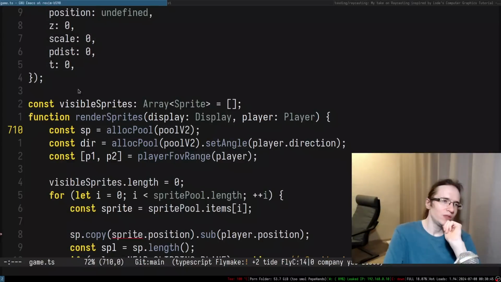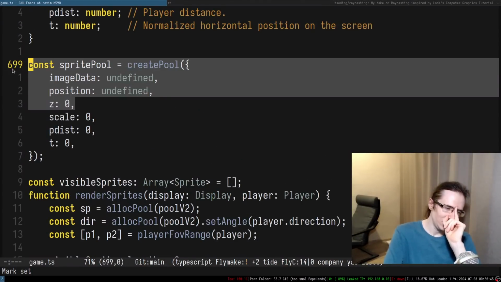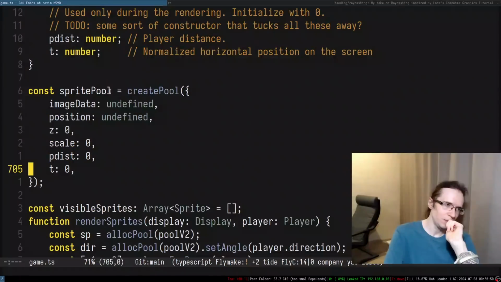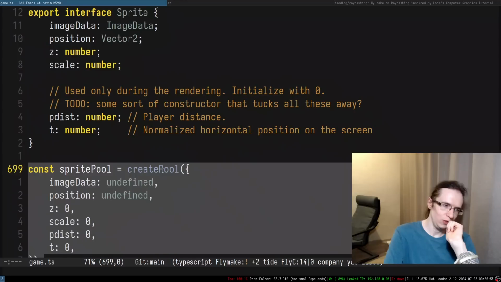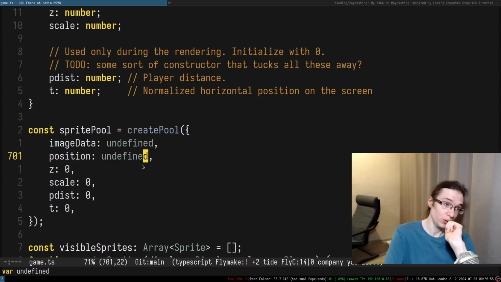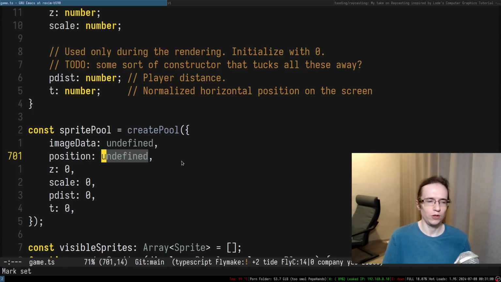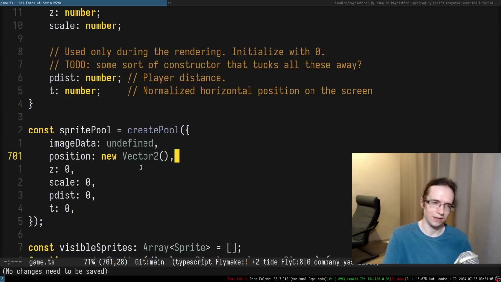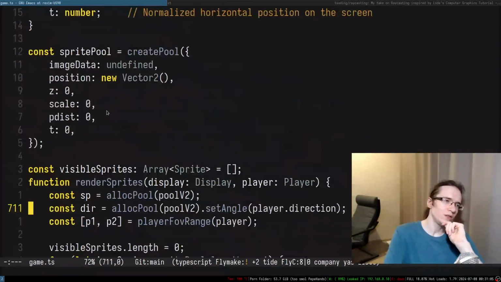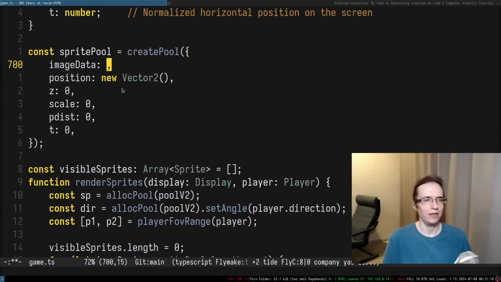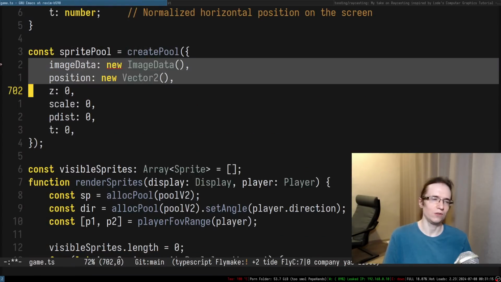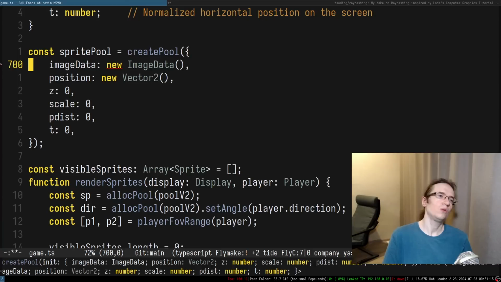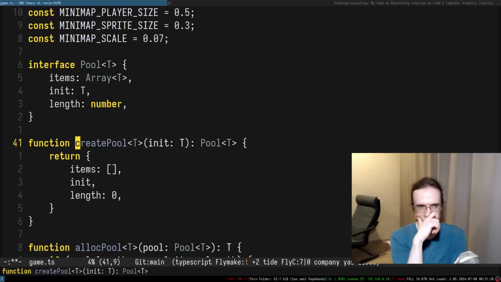It's just that the code was never developed with these things being uninitialized in mind, but in this particular context, we kind of want them to be uninitialized. One thing I can do in here, actually, is create an empty vector, so that is fine. That will fix some of the problems. But in the case of the image data, can I just create an empty image data? I don't think so, and I don't think it's even necessary. So maybe create pool, in fact, should actually